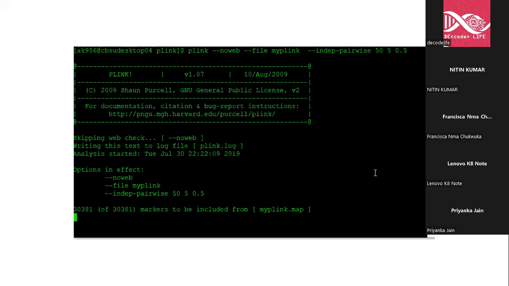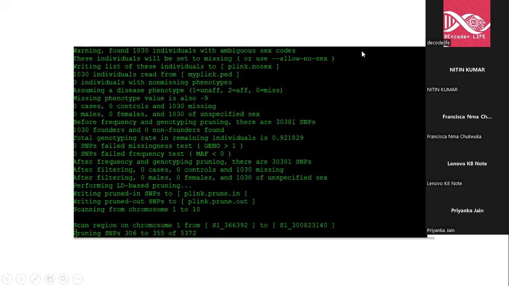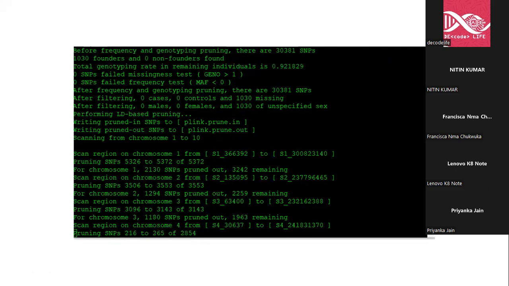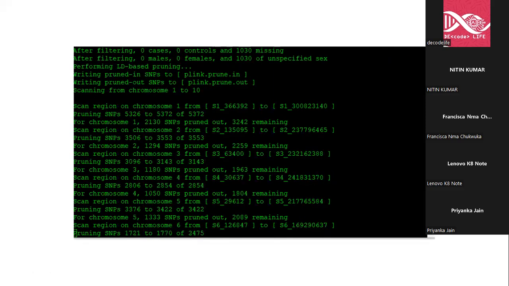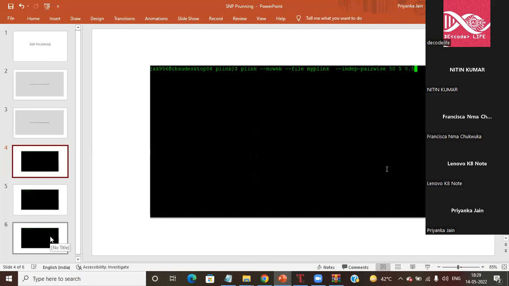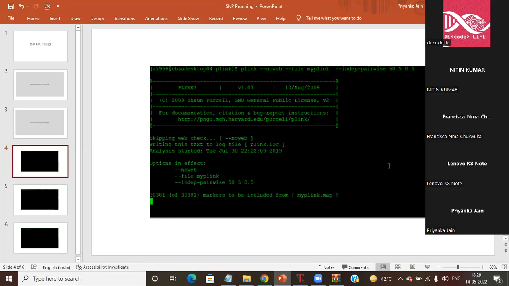And the other filter you can use here is my PLINK, and you can use the MAF filter, which works based on minor allele frequency. It will remove all those variants which have frequency lower than 0.05. Okay, so this way you can do the pruning of your SNPs. Once this is done,